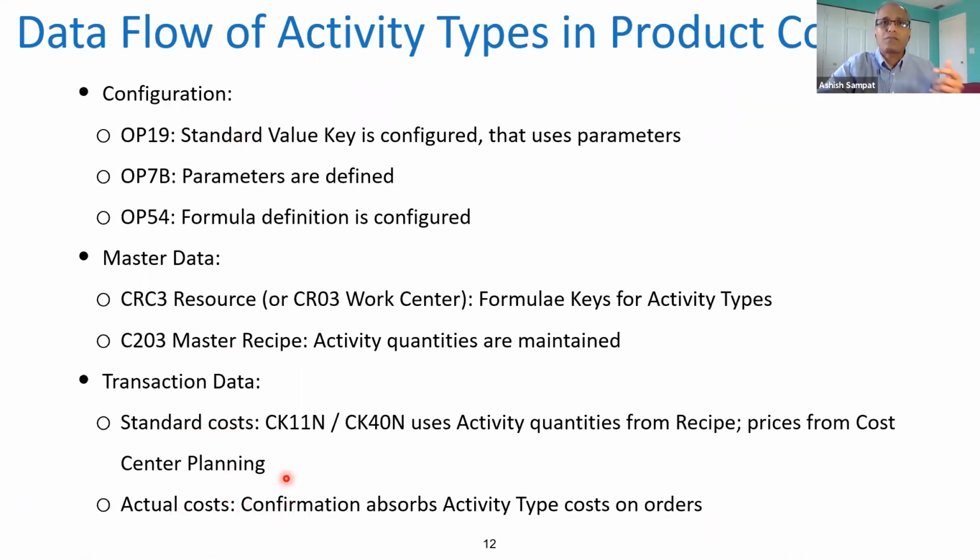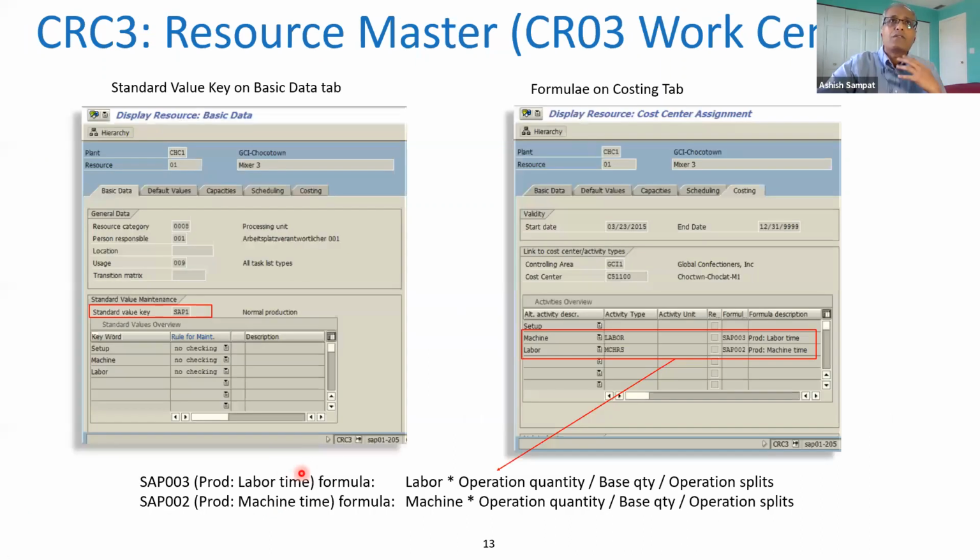the actual cost part. So here is a resource master, CRC3. And we have two tabs here. The standard value key tab, it's on the basic data, and it's right here in the middle of the screen. In this example, SAP1, which is SAP delivered standard value key, is highlighted. And when we go to the costing tab, which is in the second screenshot to the right, you'll notice some